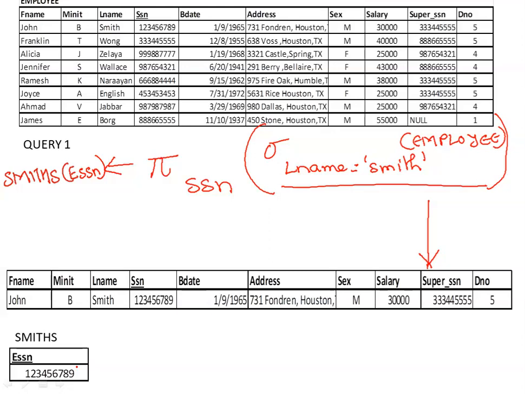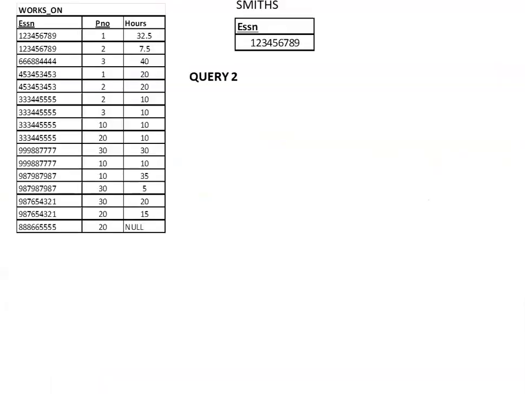Now, I'll check whether he is working on projects as a worker. What I'll do is take the original works on relation and the Smiths relation, which has just the ESSN, and here I will apply a natural join.